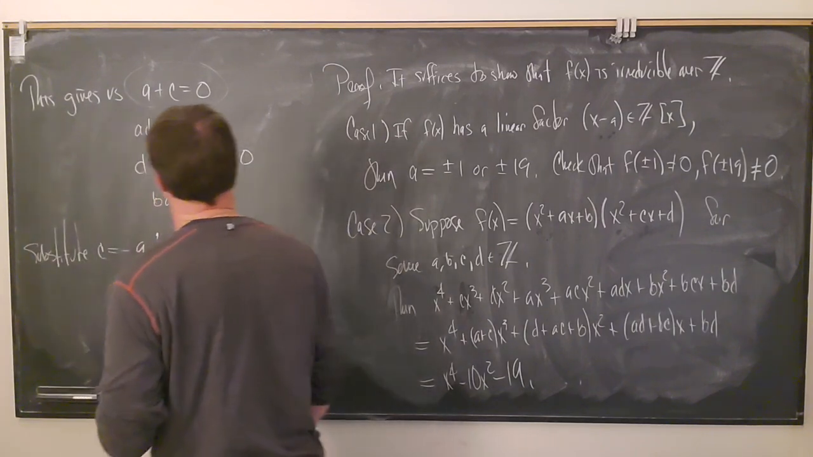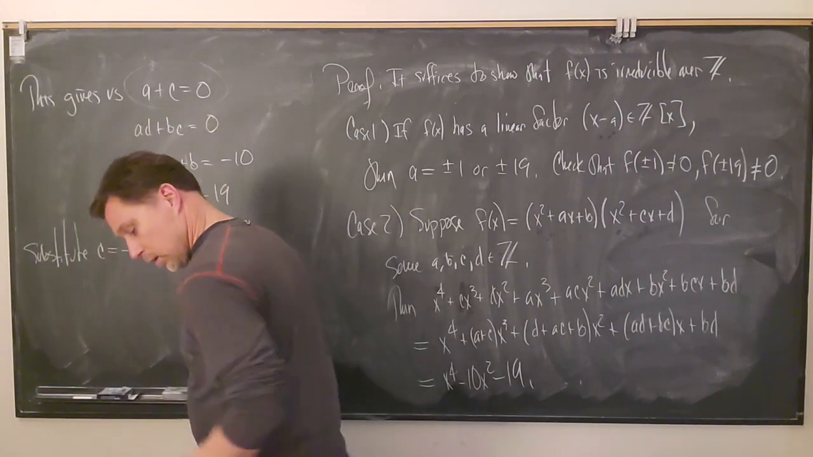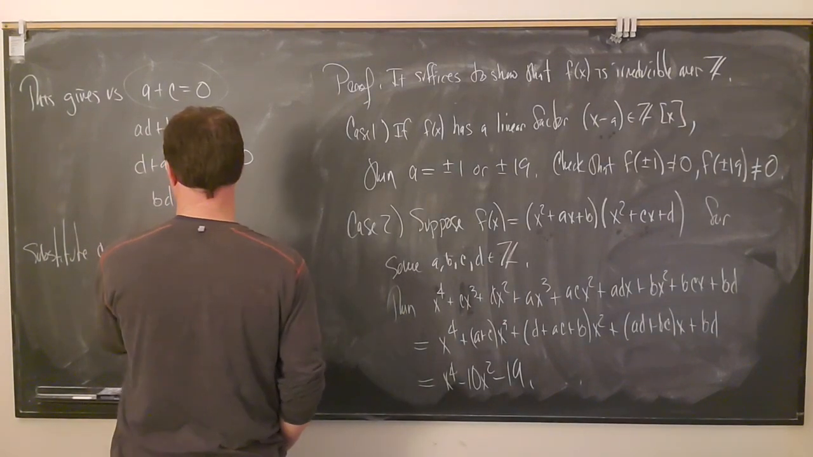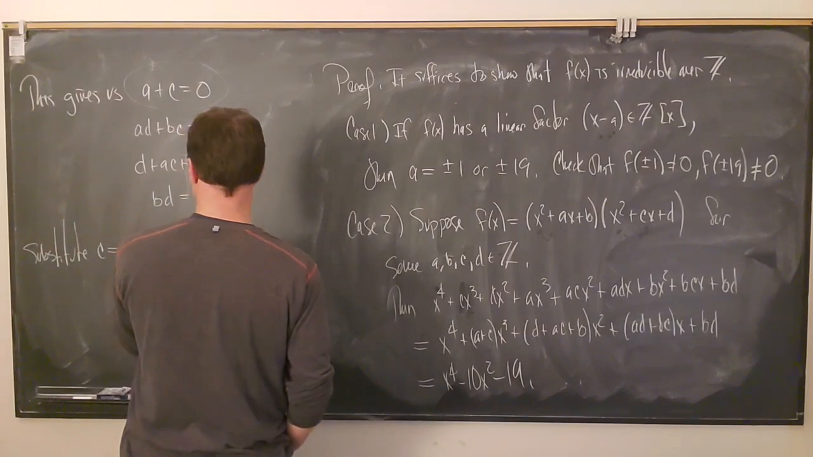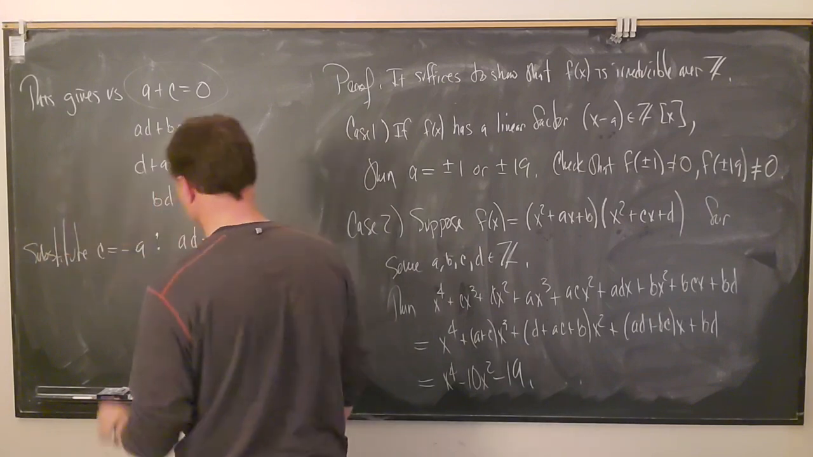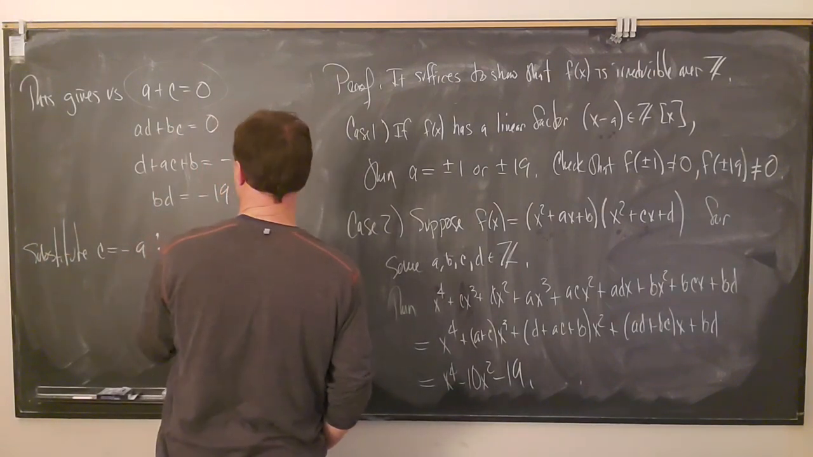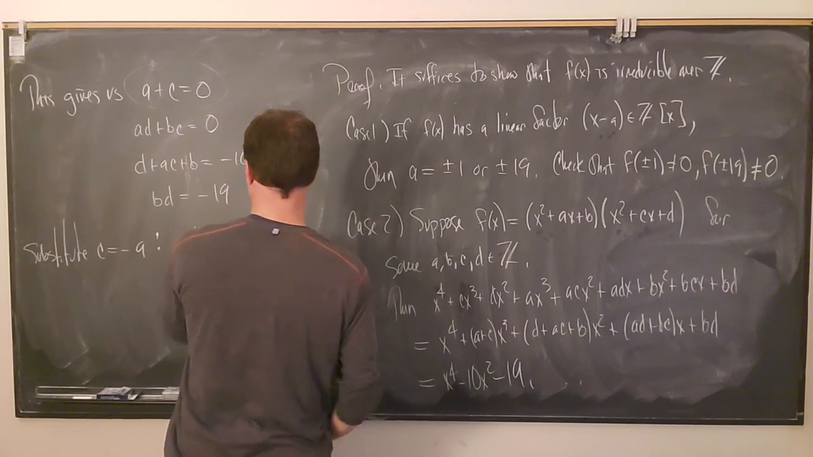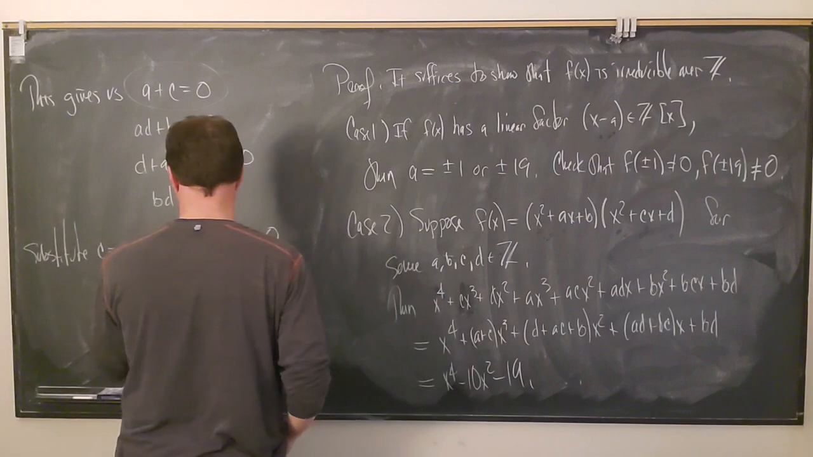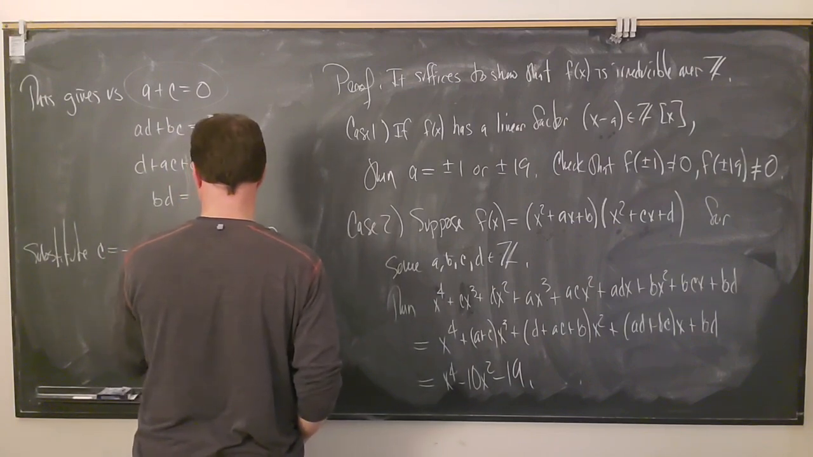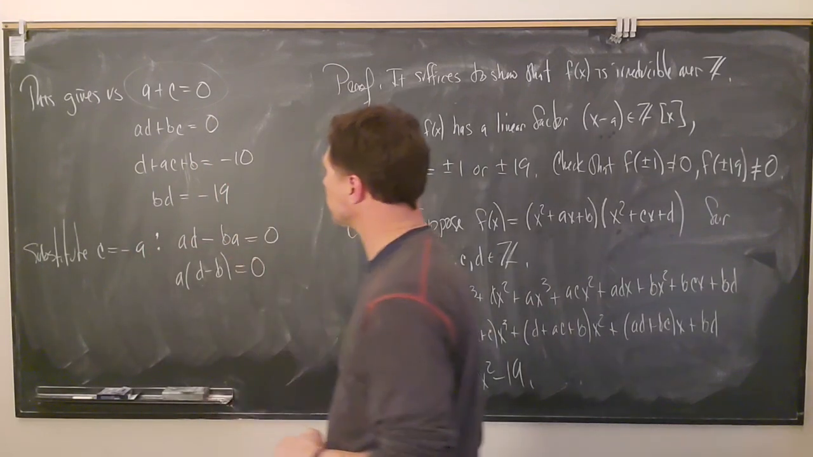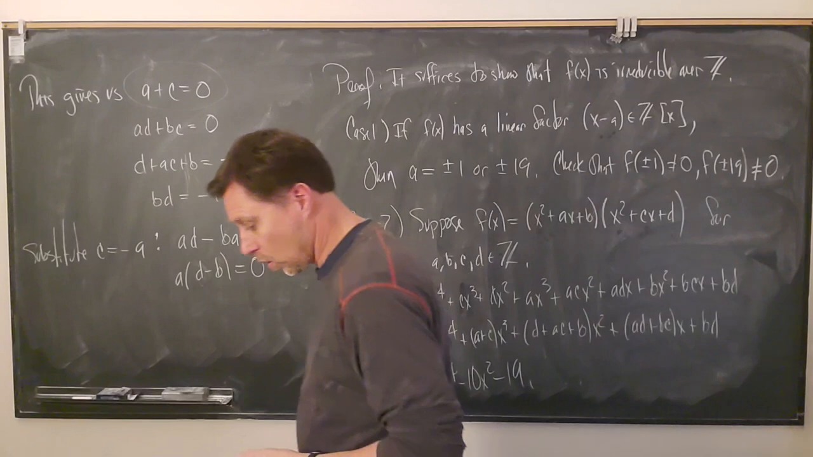And so now what we'll get is AD minus BA equals 0. I'm substituting into this one right here, and then if I factor, that's going to give me an A times (D minus B) has to equal 0. So A equals 0, or